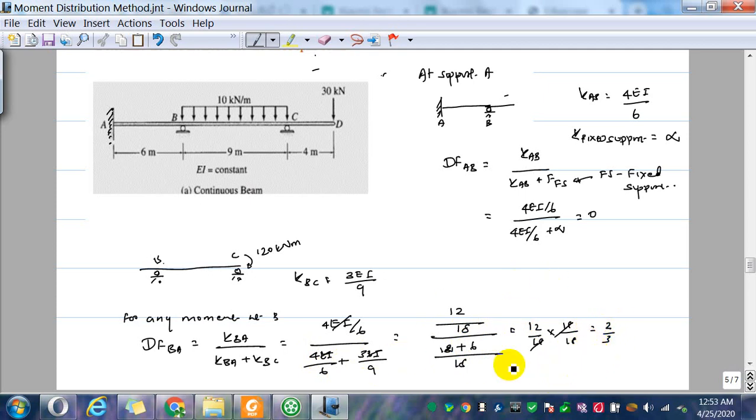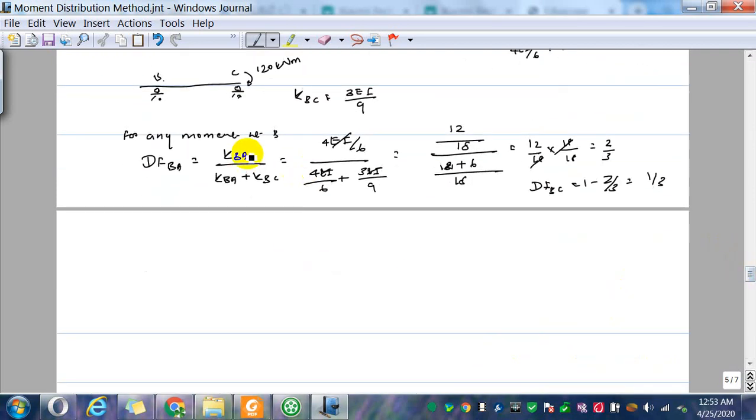So if DFBA is 2 over 3, then DFBC is 1 minus 2 over 3, because the total is carried by the two components. So if the 2/3 is taken by BA, the 1/3 is taken by BC. So DF BC is 1 minus 2/3, that is 1/3. These are distribution factors. Now if I consider support C